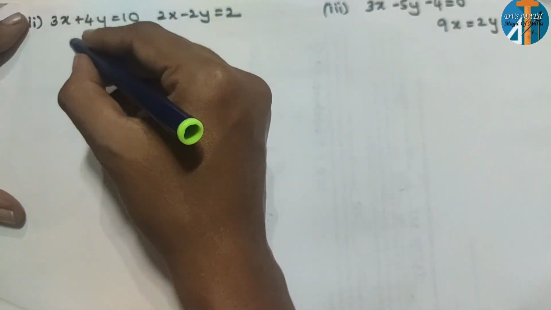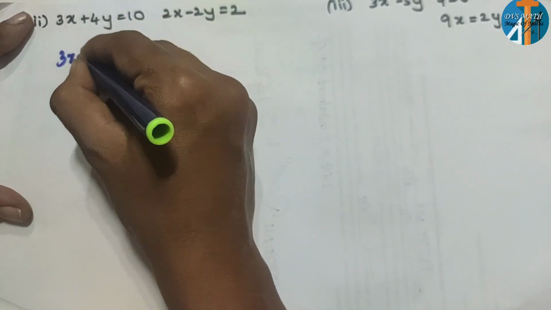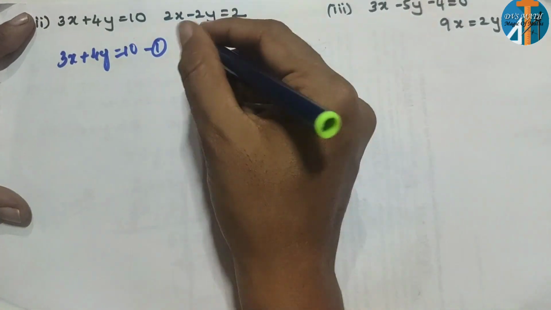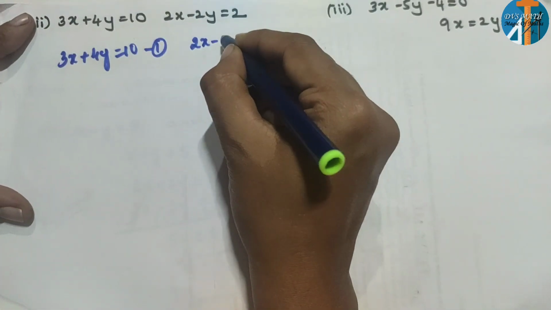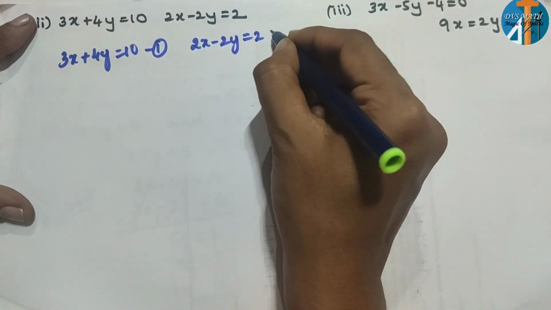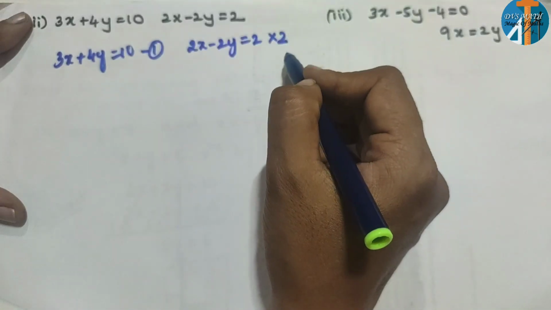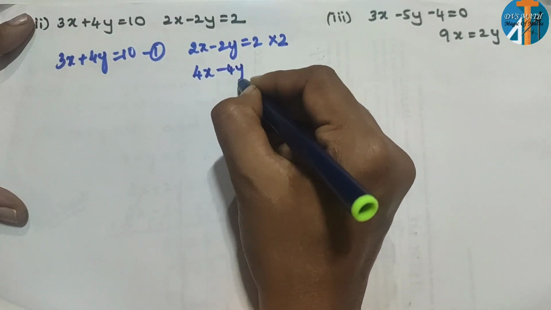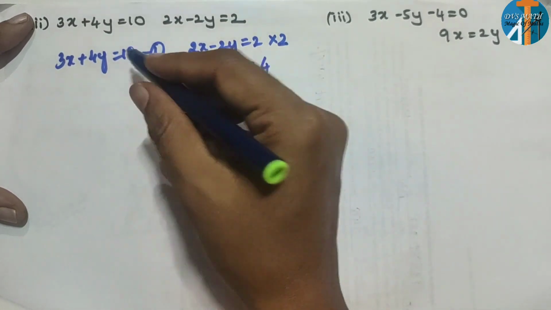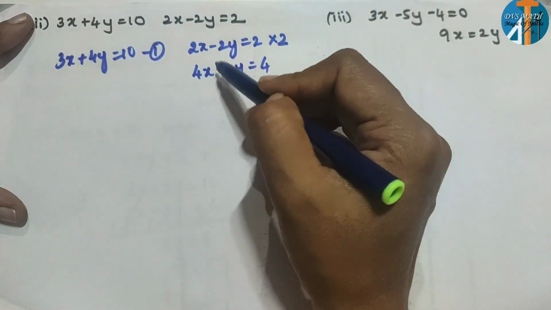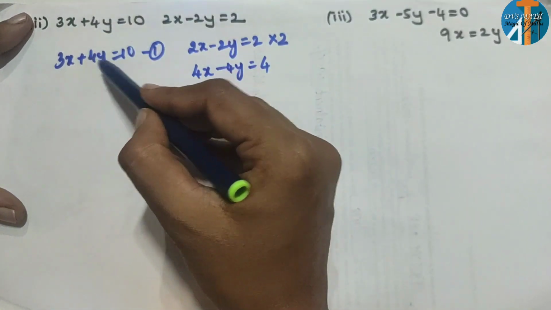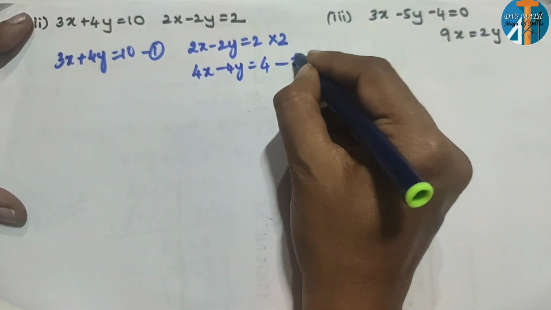So that is one of the observations you have to do. Okay. So let's take the first equation as it is. 3x plus 4y is equal to 10. Consider it as equation 1. Now what is the second equation? 2x minus 2y is equal to 2. Now multiply by 2. If you multiply by 2, 2 2s are 4x, 2 2s are 4y, 2 2s are 4. So now you got 4y, 4y. Don't think about the sign. When you're solving, you have to check. So consider it as equation 2.